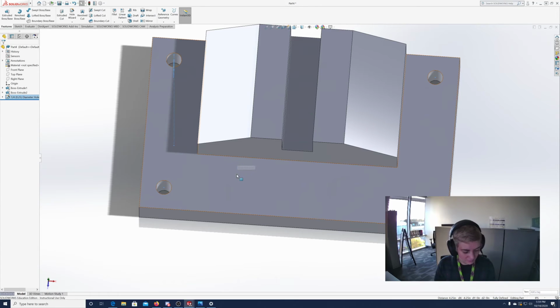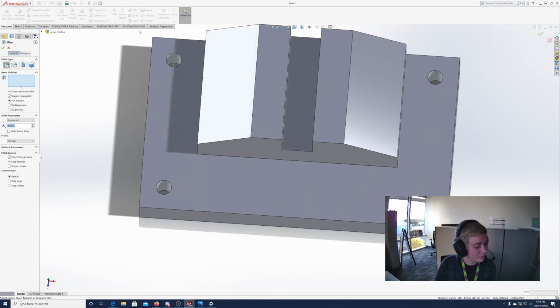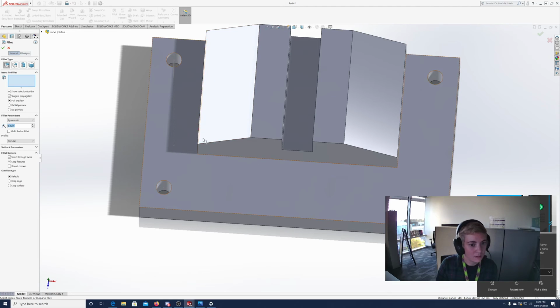So the next step here is going to be adding fillets. So let's go to the Features tab. We're there already. We're going to do the Fillet command, which is right here. You can do a fillet or you can do a chamfer. We're going to do a fillet right now. And the book is telling us we want to do constant size. For items to fillet, we want to select